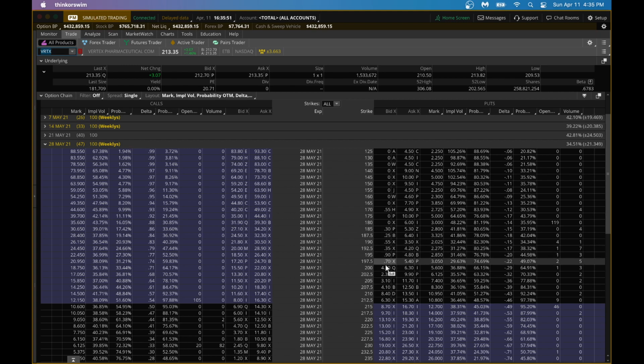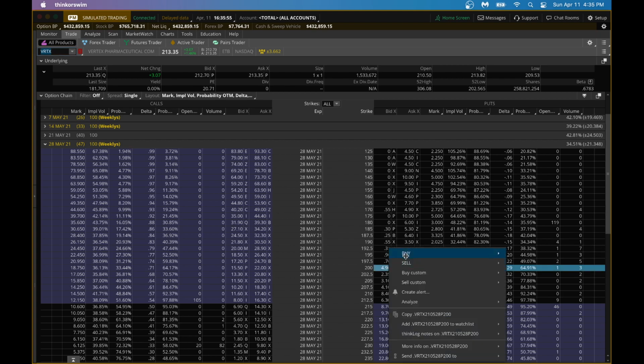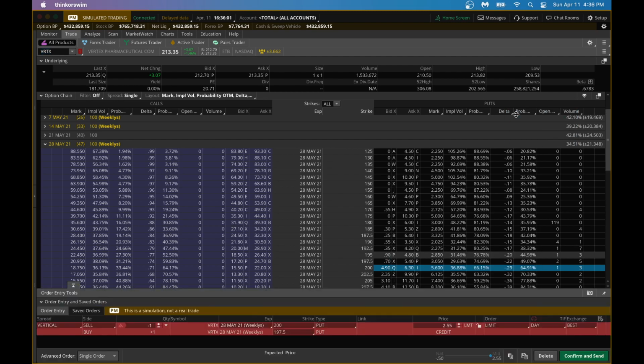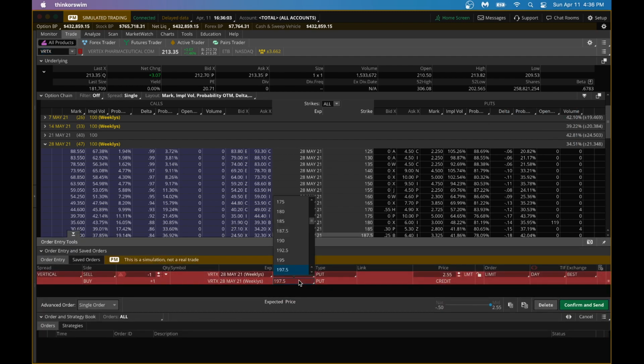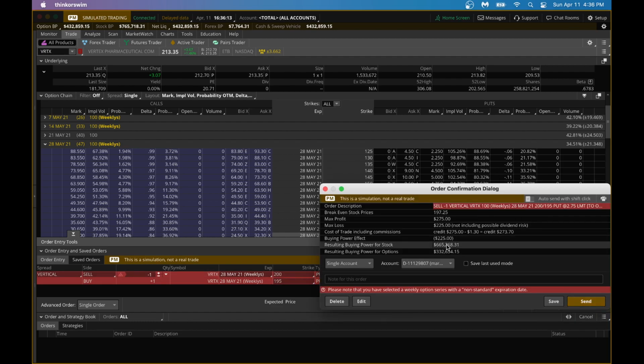I would probably do 200, 190 for this. A little aggressive, but let's see. Okay, so with this spread, you are taking a credit of $2.75, and your max loss is